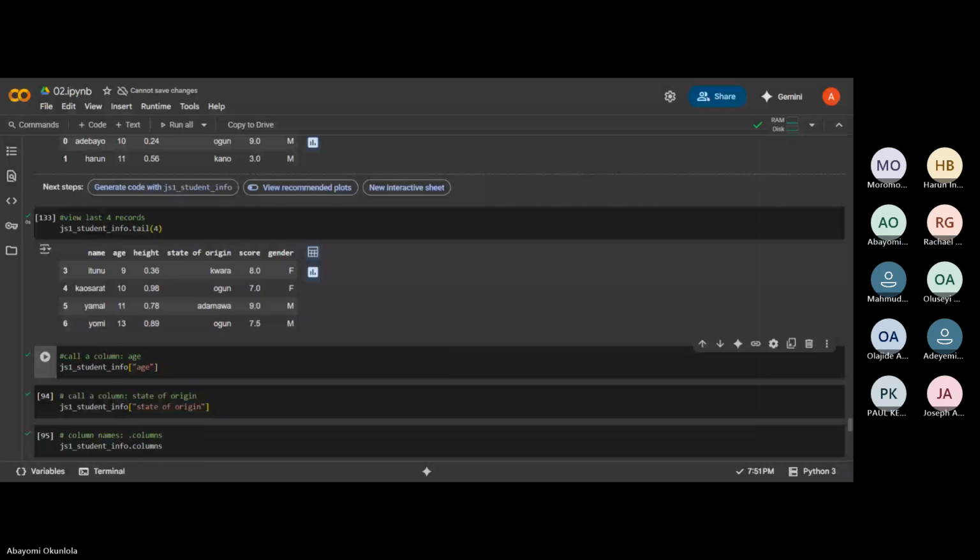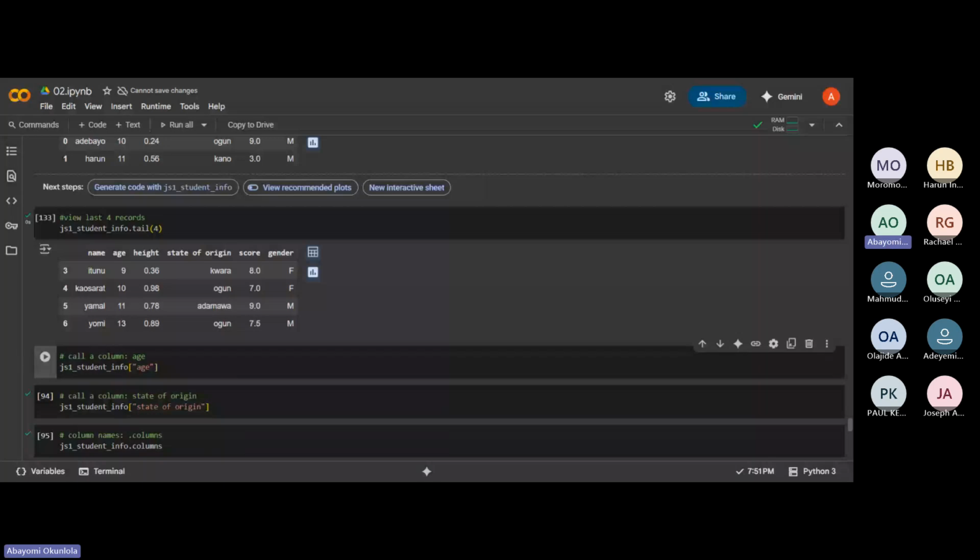All right, so moving on, we've explored the Pandas library, how to create a series, how to create a data frame. Now we've taken a look at exploring our methods, the describe, the info, and viewing the top records and the bottom records. Now, how do you specify a particular column?